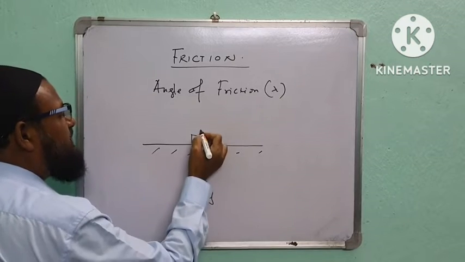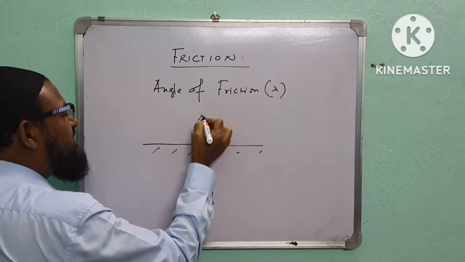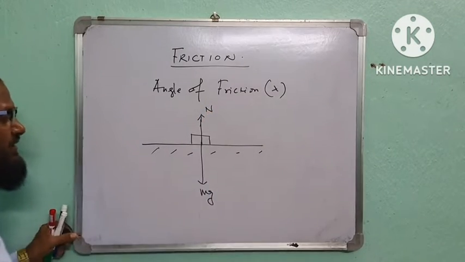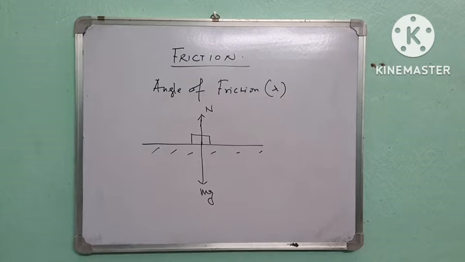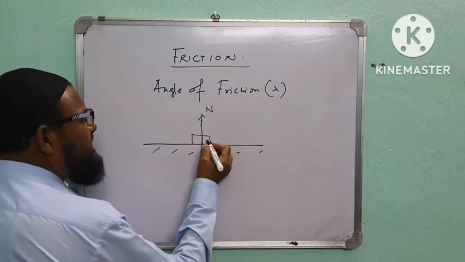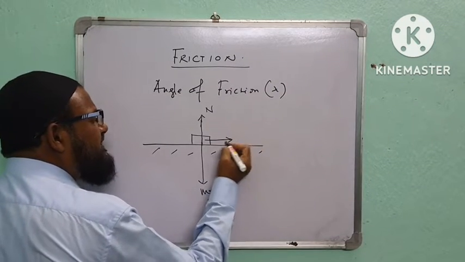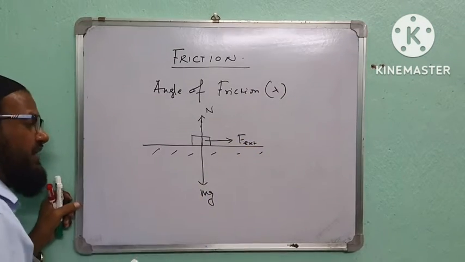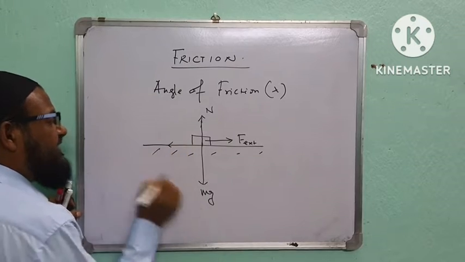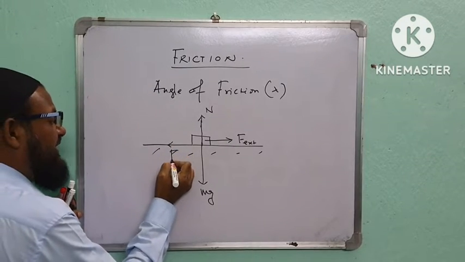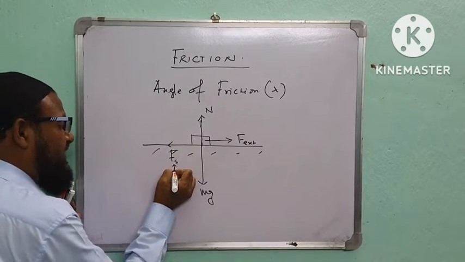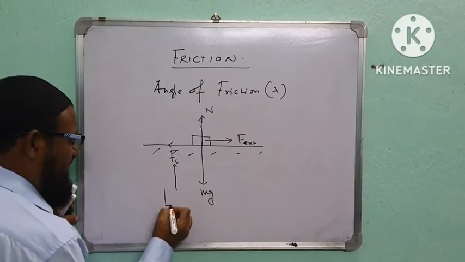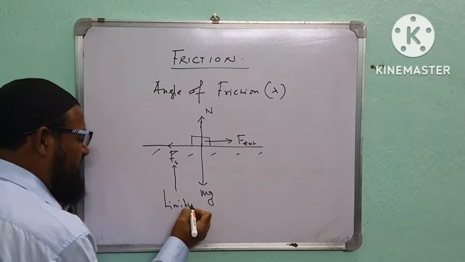This is mg. This is the normal reaction. The force is applied. This is the external force F. The external force is applied. In this case, Fs is active. What is Fs? This is the limiting friction,